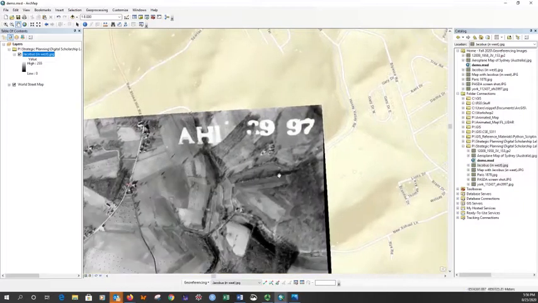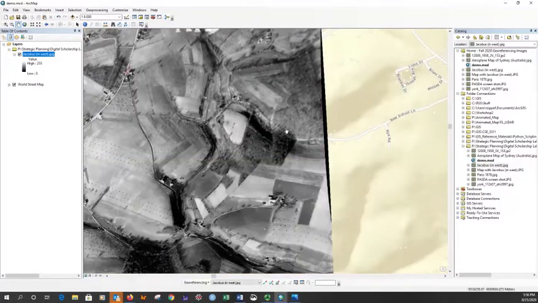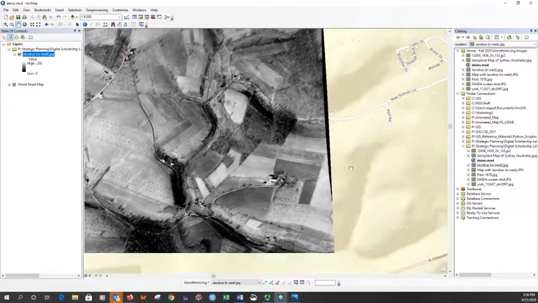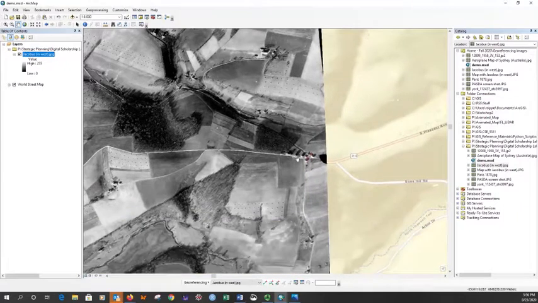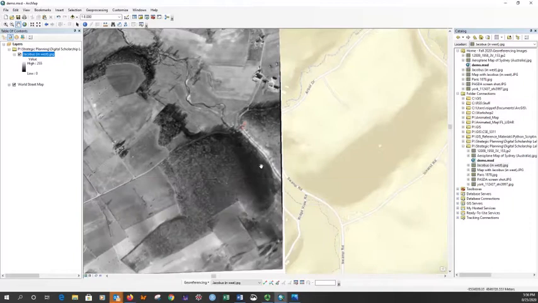You can kind of see here a little bit faint, but there's a road going through here, and that feeds into the modern day road. That's good. Here you can see this road kind of walking through here, and it links up nicely with the current road. So things are looking pretty good here. Same here, feeds right in there. And these two, not quite as good, but